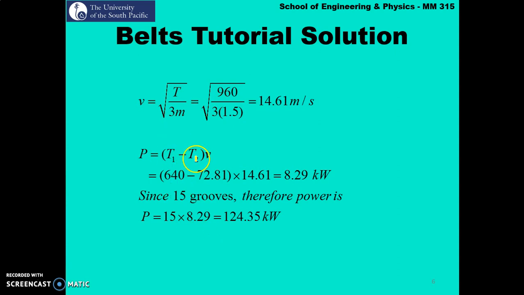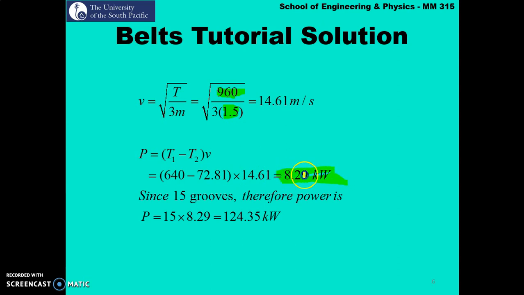Moving on, we have to calculate the power. Power is T1 minus T2 times your velocity. In this case, again we're looking at the maximum power transmission condition. So the velocity is given as the square root of T over 3m. T is your maximum tension. The mass of the belt was given as 1.5. Substituting for these values, we get our velocity for maximum power transmission to be 14.61 meter per second. Substituting T1 and T2 and multiplying by the velocity, we get the power transmitted as